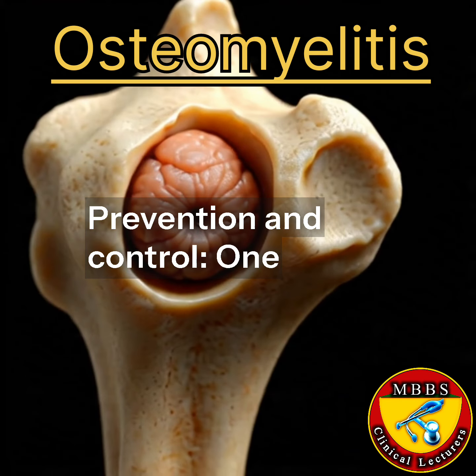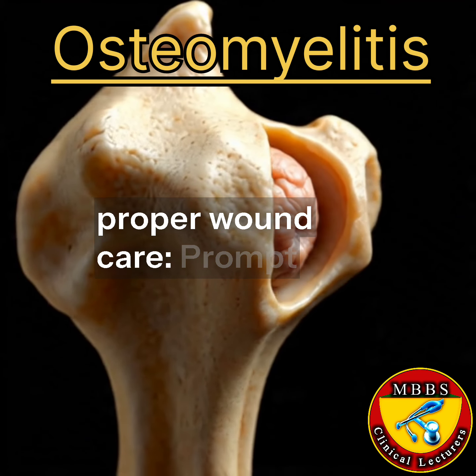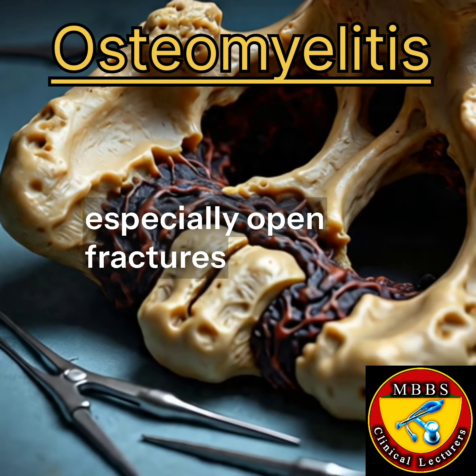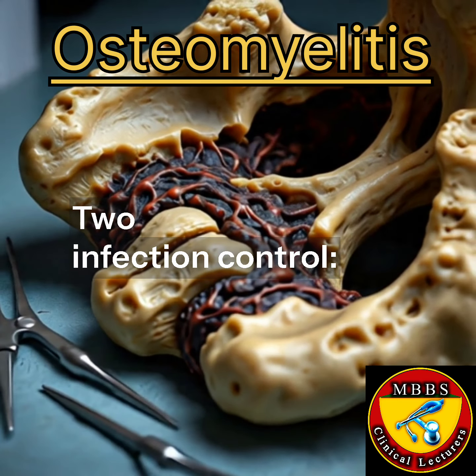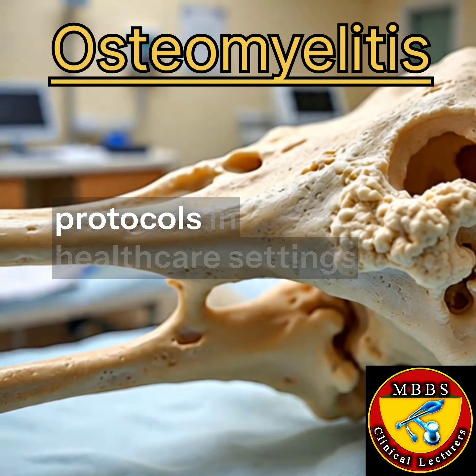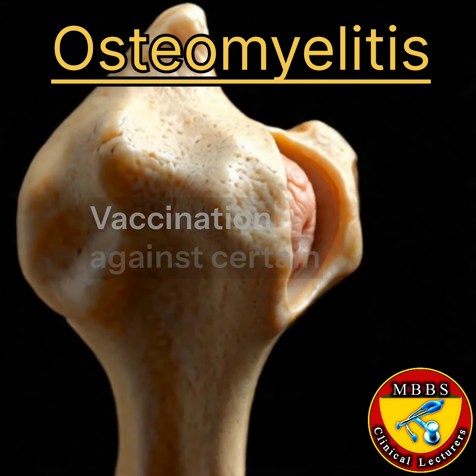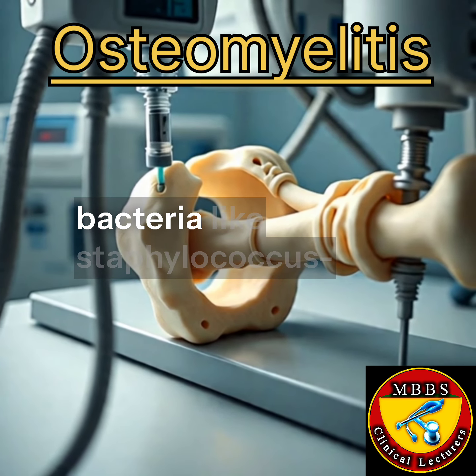Prevention and control: 1. Proper wound care: prompt and proper treatment of wounds, especially open fractures. 2. Infection control: adherence to infection control protocols in healthcare settings. 3. Vaccination: vaccination against certain bacteria, like Staphylococcus